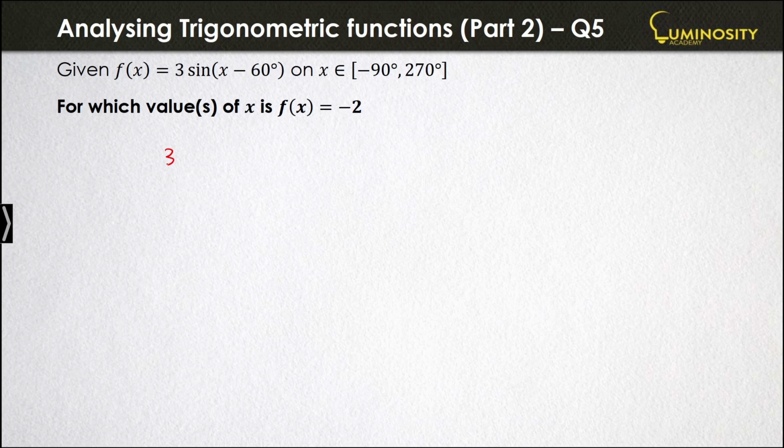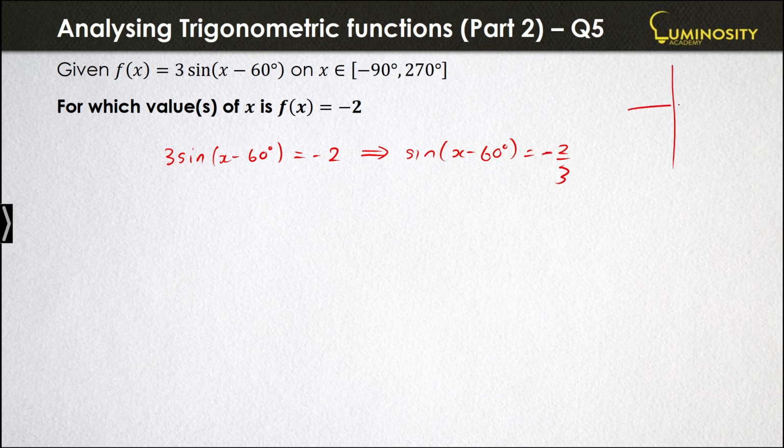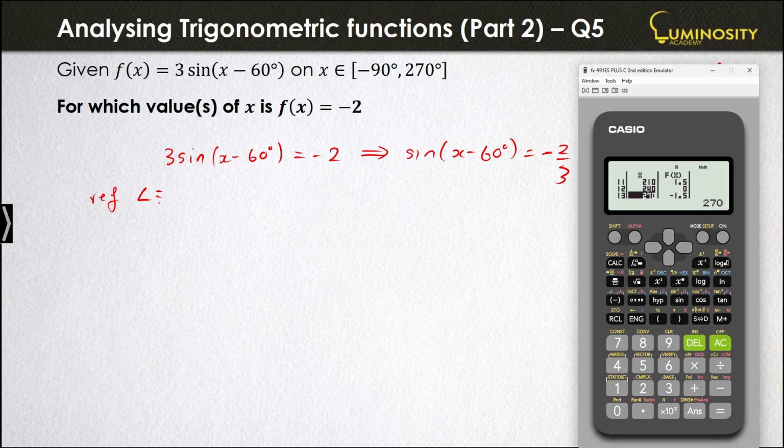So f of x is 3 sine(x minus 60 degrees). That's equal to negative 2. So we divide both sides by 3. So we get negative 2 over 3. So here's the trigonometric equation. Get your CAST diagram. Where's sine negative? Third and fourth quadrants. So the reference angle is going to be sine inverse of positive 2 over 3. So shift sine inverse of 2 over 3, okay, 2 divided by 3,